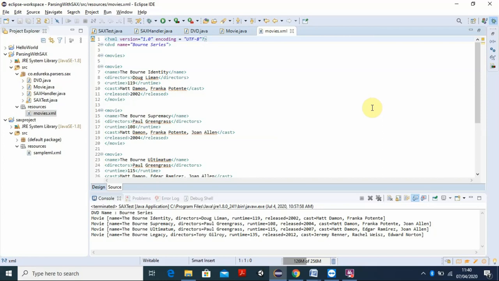It is the same thing like that. Question mark, xml version is equal to 1, and encoding is equal to, under double quotation, UTF-8. Then DVD is the root element, and here the attribute is name. Some name is given to the first DVD. In this DVD, we have a number of movies. So this is the movie, the attribute name, and the child elements are name, directors, runtime, cast, released, all the